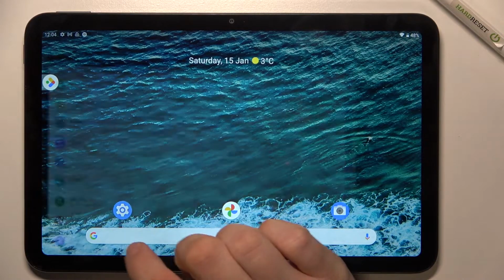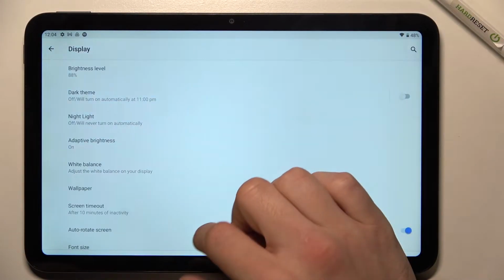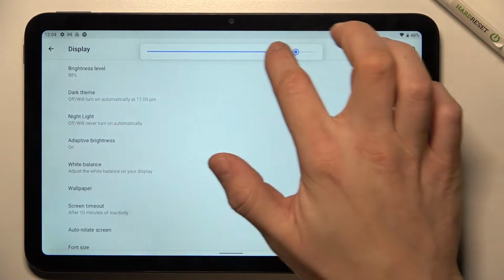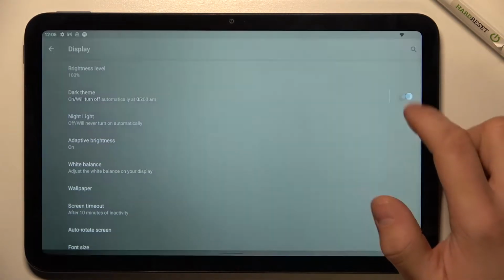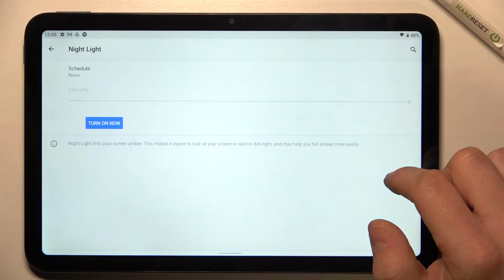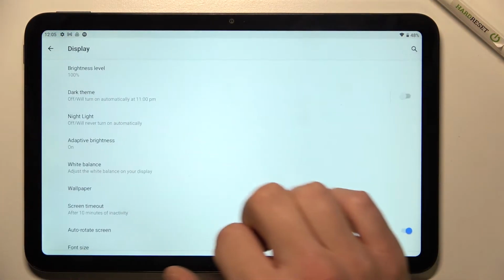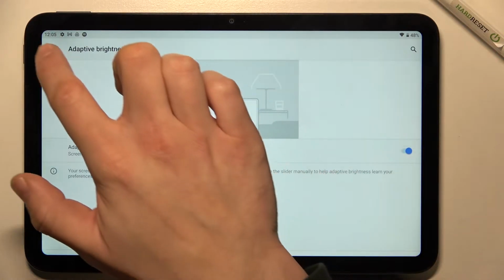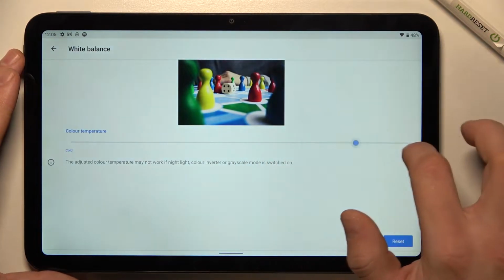In the beginning, let's enter settings and enter display. Here we've got all settings for our display. Let's start with the top of the list, where we can change brightness level, enable or disable dark theme, night light, adaptive brightness, we can change white balance,